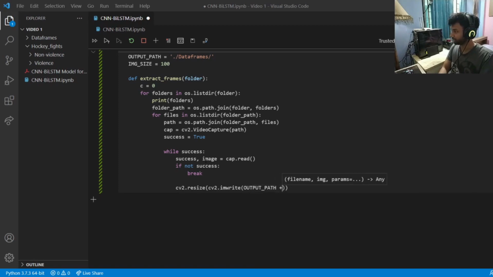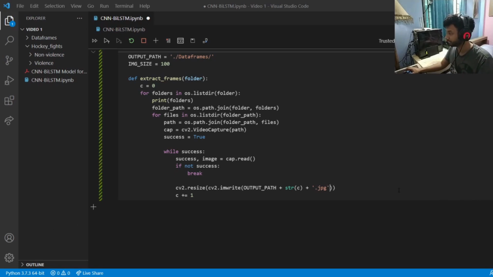Path is a string, and I am going to specify a string called the string C, because C would be the name of the images. The first image will be 0.jpg, the next will be 1.jpg, so I need to increment the C as each of this goes on. So I'm incrementing the C here, specifying the string C as a string and adding the .jpg, not JPEG, JPG,